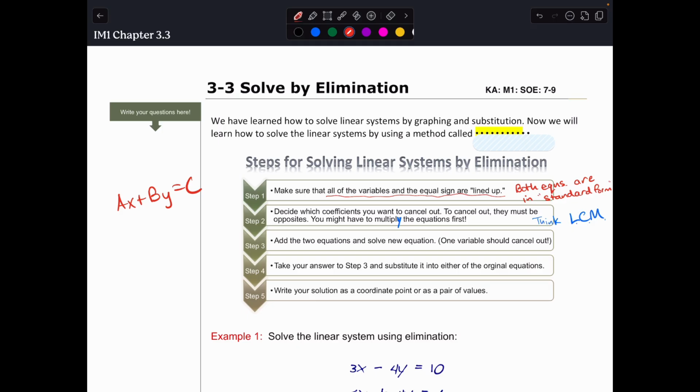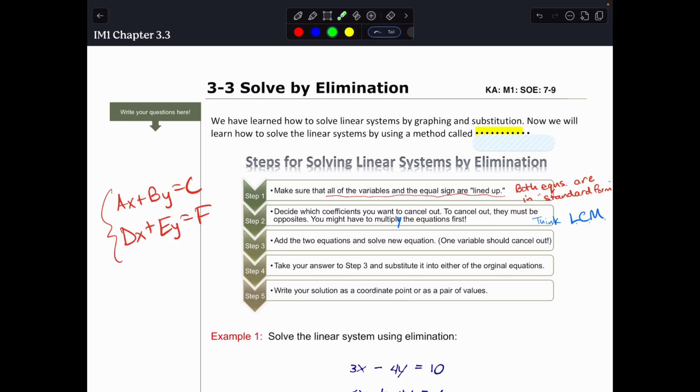So then we might have another equation. That'd be our first equation. Maybe we have another equation that's dx plus ey equals f. And because the x terms are lined up, the y terms are lined up, the equal signs lined up, the constants on the other side are lined up, that's what we're trying to get in step 1,